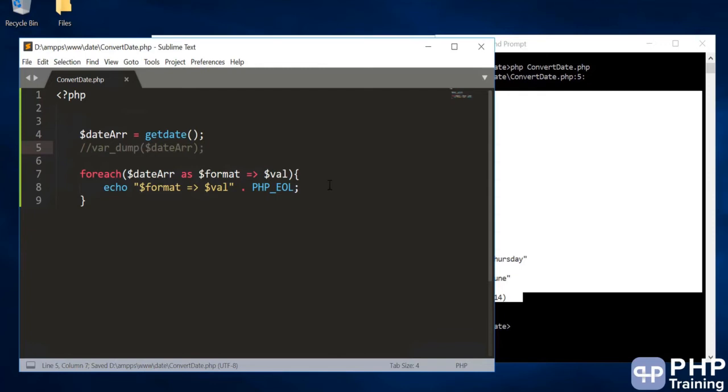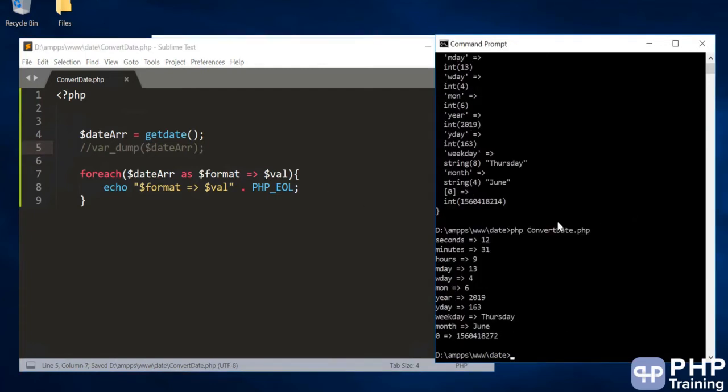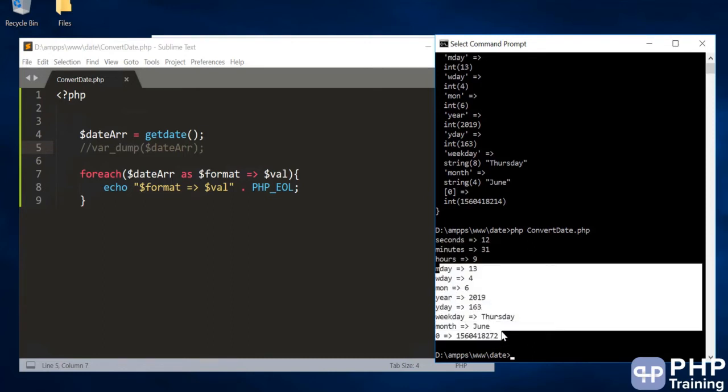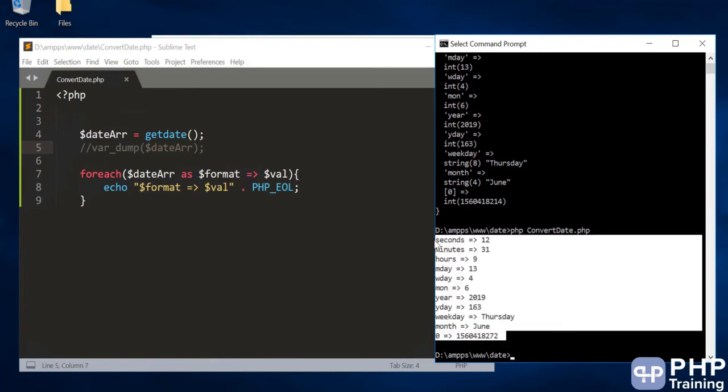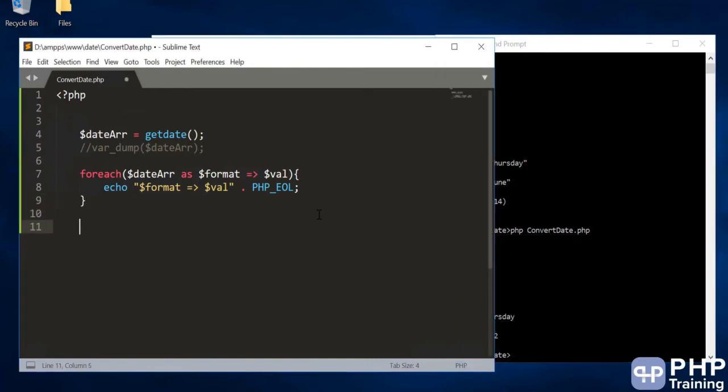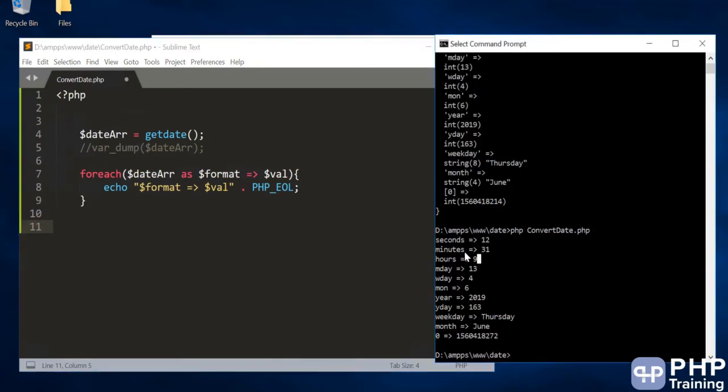We'll not dump it now, we'll print it. So here's a very good way to see. You get seconds, minutes, hours, and all the details of a date. So the whole date has been converted into an array and given to us, and now you can play around with the date. Once you have an array, it's really easy to split and see each of the fields and then compare with any of the other dates that you have.